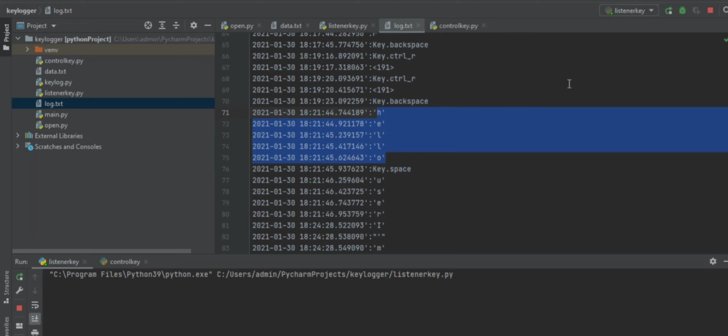Now here Stuti said a very important thing, which is that there is a timestamp over here, and in front of the timestamp you have the key which was pressed, right? So this is really interesting to understand, what is a typing map or what is a typing heat map. Now what is interesting is that from here I can actually calculate how much time it took Stuti to type "hello user", correct?